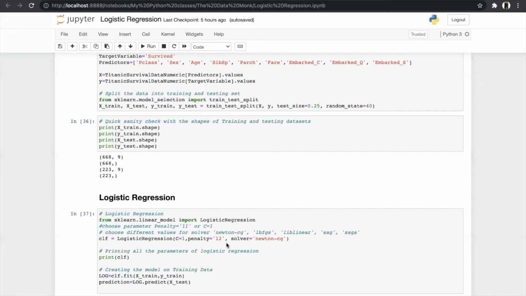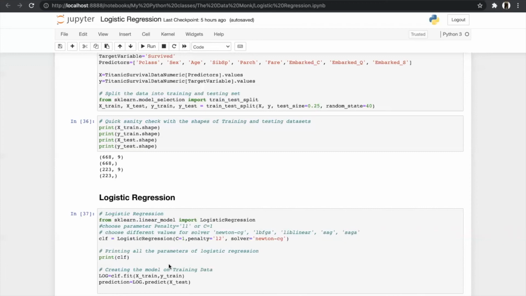Basically, C tells us how many data points you have to regularize. The more you allow the value of C, the more you are allowing miscalculation or error, or how many mistakes your model can have. Now for solver, it helps us to choose the values of M and C. It is basically the way to find the M and C. We have several different types of solvers like Newton-CG, LBFGS, LibLinear, SAG, or SAGA.